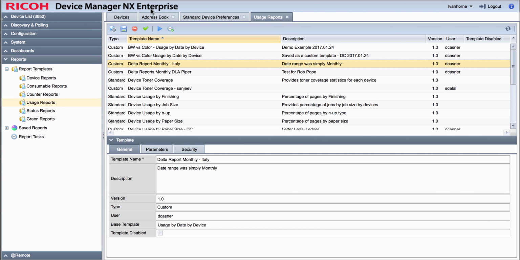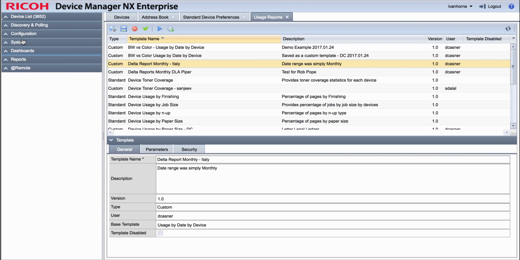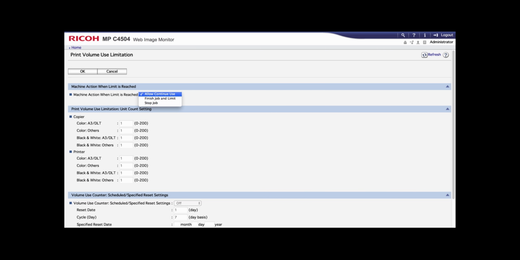The last thing we will look at is the ability to reset user counters. There are two places that DMNX allows you to reset user counters, but this requires a bit of background explanation. Most MFP devices for the last 6 or 8 years allowed you to set what is called print volume use limitations on the device. This, in effect, gives the administrator the ability to set monthly or quarterly quota limits on the device. These volume use limitations are configured in Web Image Monitor, where the administrator would assign a unit count